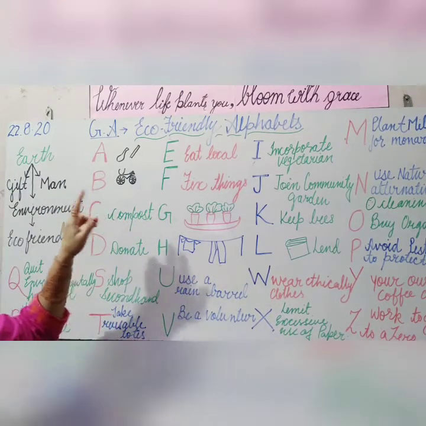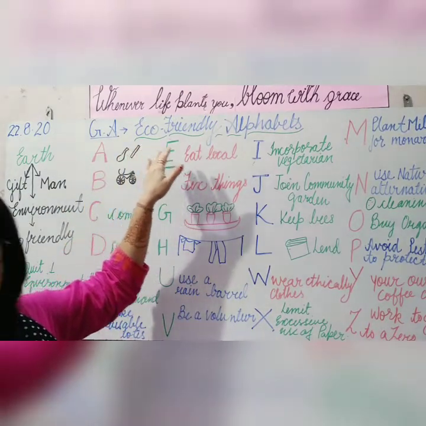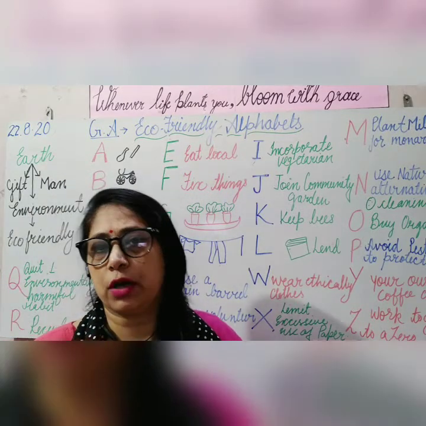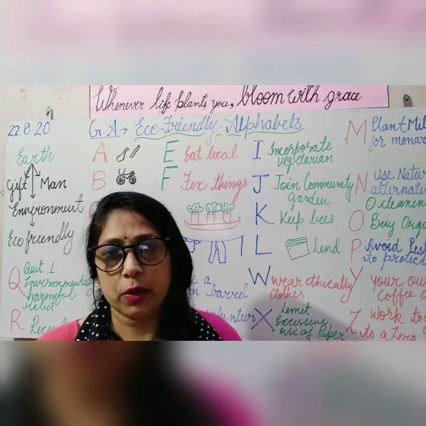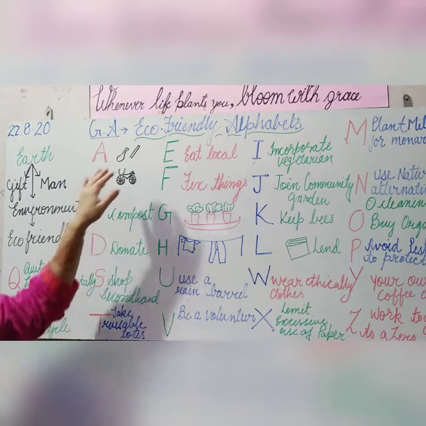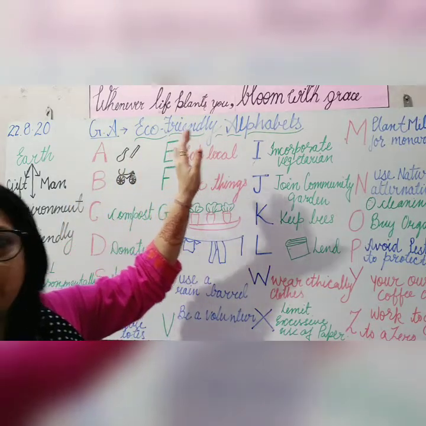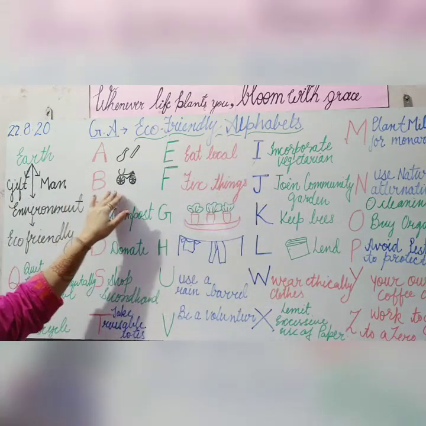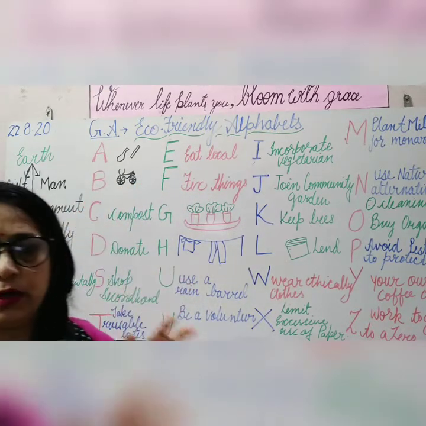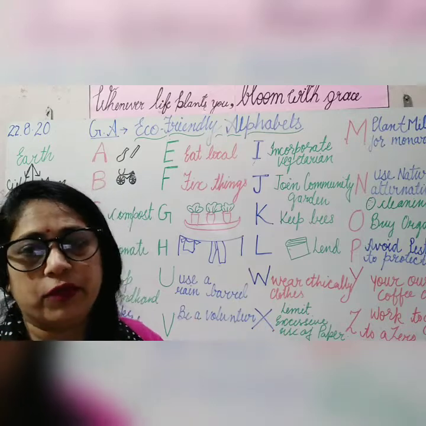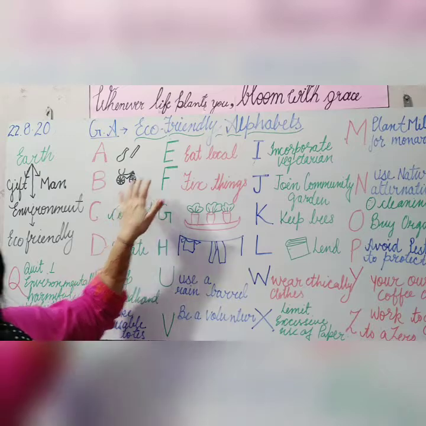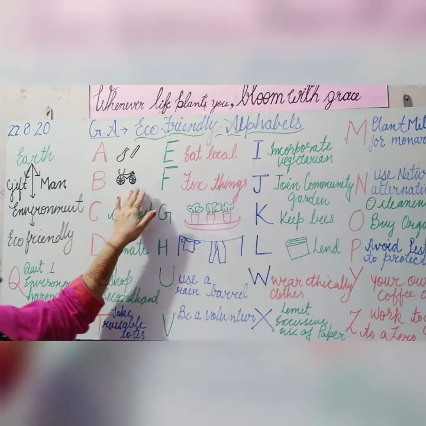Okay, we should avoid the things which are made of plastic, like you use a straw for soft drinks. We should avoid straws. Okay, because plastic creates a lot of pollution, so we should avoid single-use plastic items. Clear? B for bicycle for the work. It means for small work, for small distances. If we want to go to a short distance, we should use a bicycle instead of scooties.